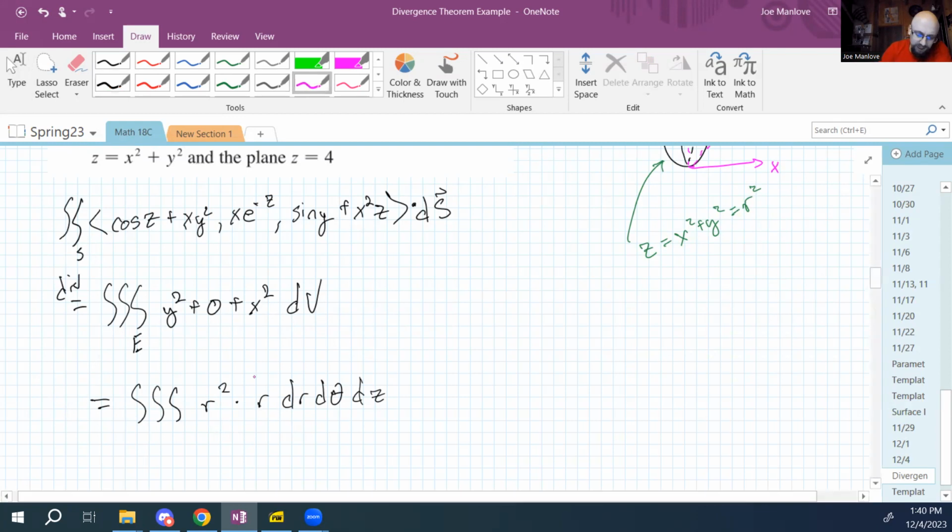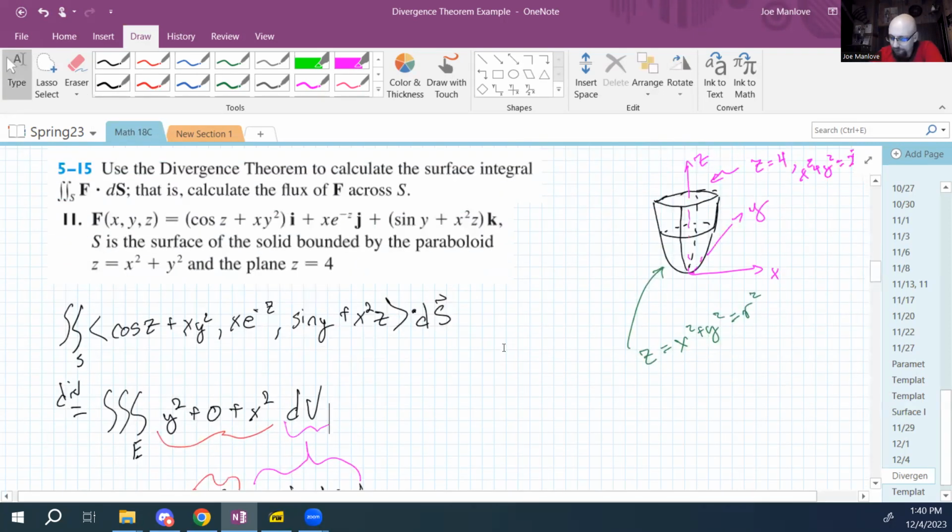Okay, so that's this guy here. So r squared came from x squared plus y squared, and the r dr d theta dz came from the dV above it. Okay, now I need bounds. Let's see. Bounds are going to be a function of my shape. Oh, okay. So the z's go from